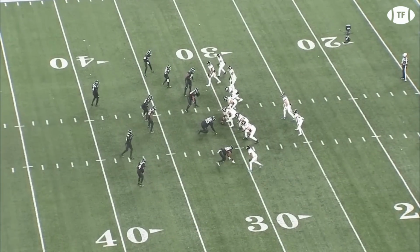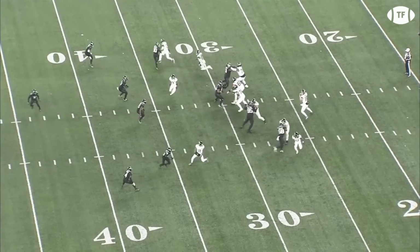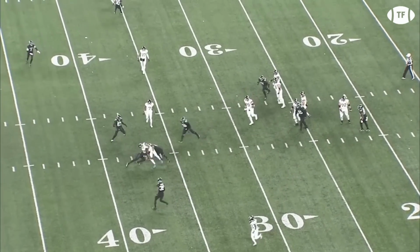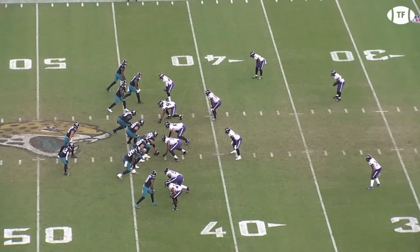And here it is again, this time from the bunch set. Lawrence reads the slide out wide to cover the threat in the flat, and it's out before anyone has a chance to even react. This bunch set is a staple of their offense and is again used here to attack